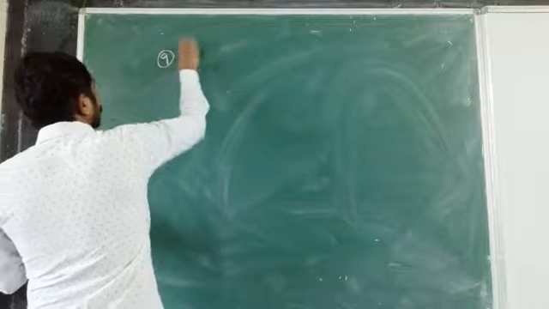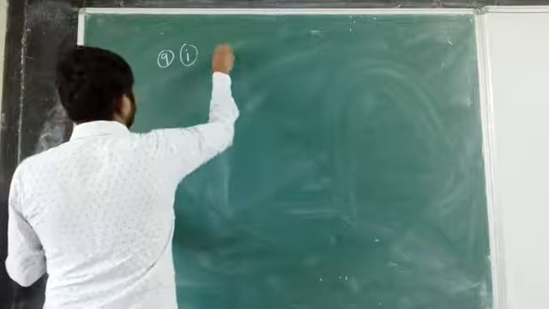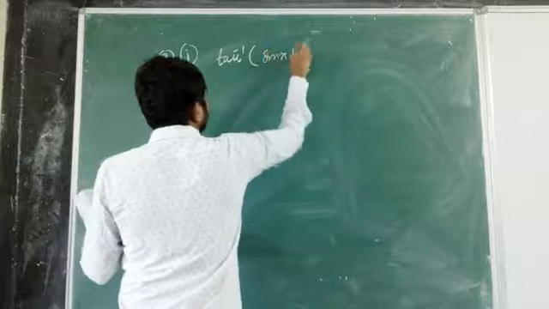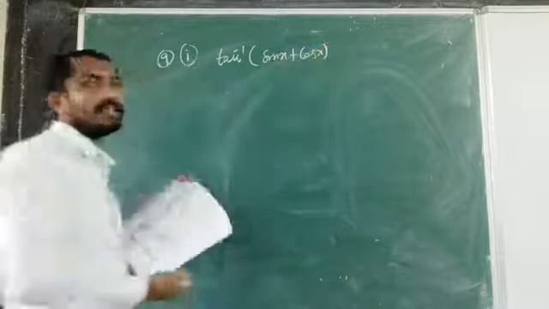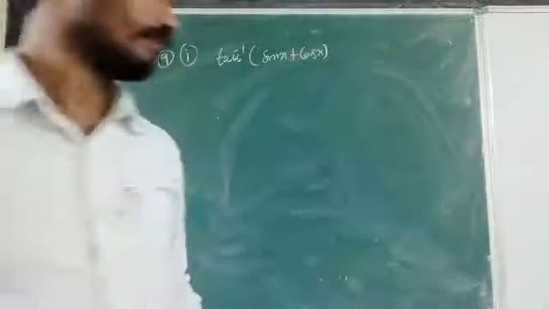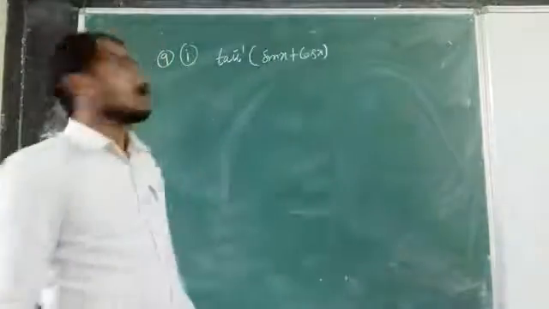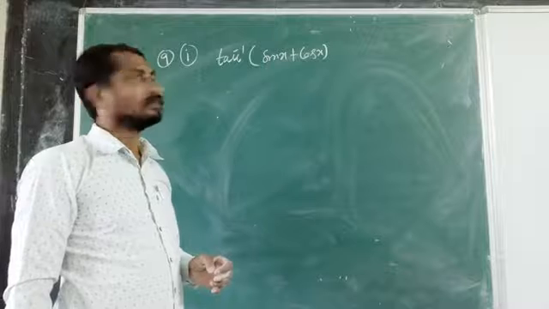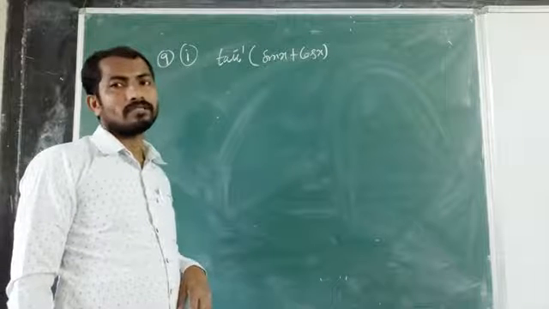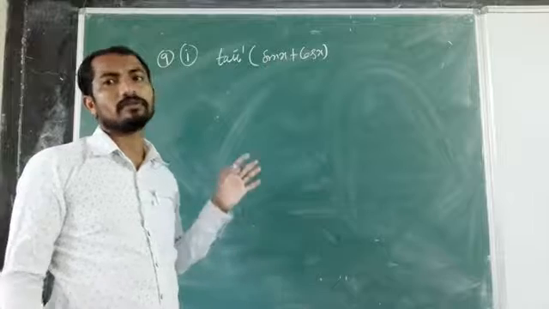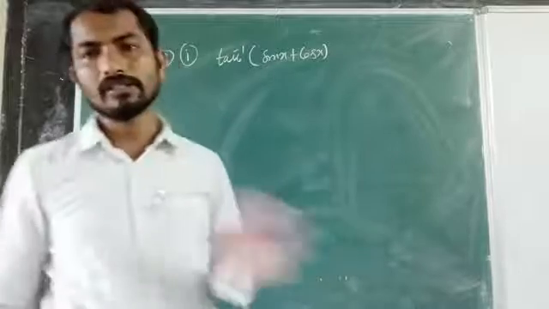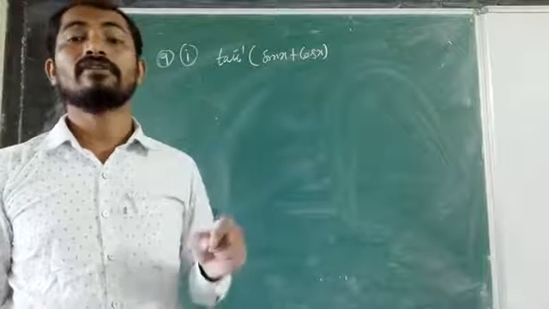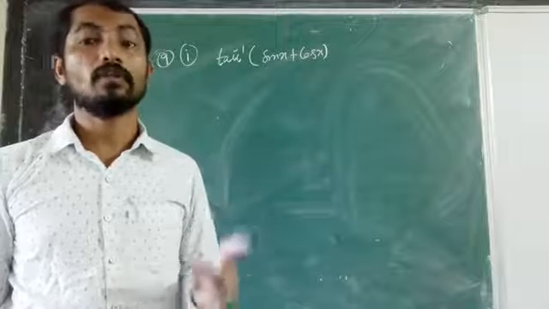Ninth question, part 1: d by dx of tan inverse of sin x plus cos x. Here, getting the substitution is somewhat difficult, that's why you can go for the direct method. Both methods I am giving, so that is the derivation. The direct method is accessible for each and every question. For every question, you can apply the direct method. There won't be any problem.